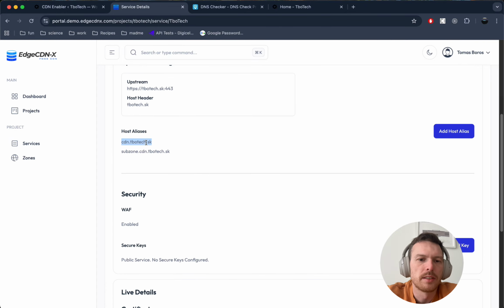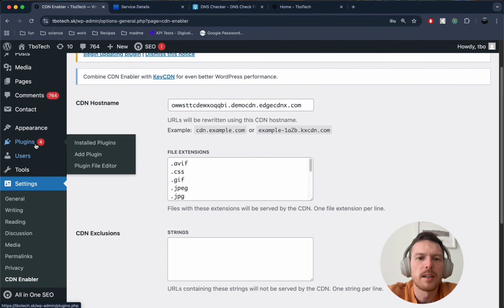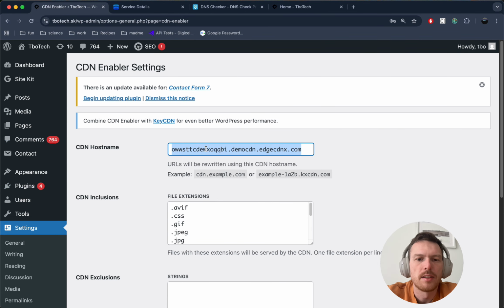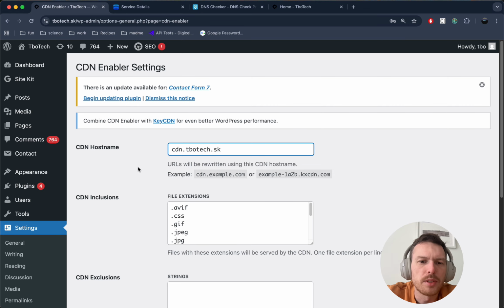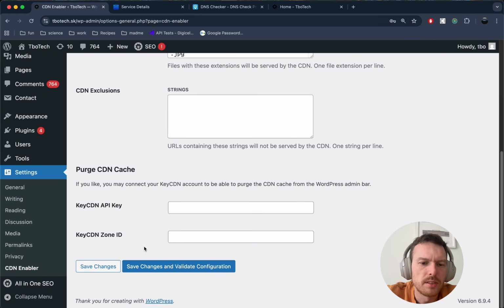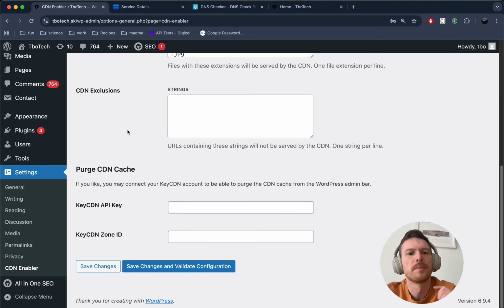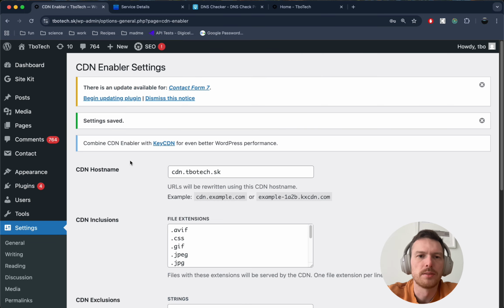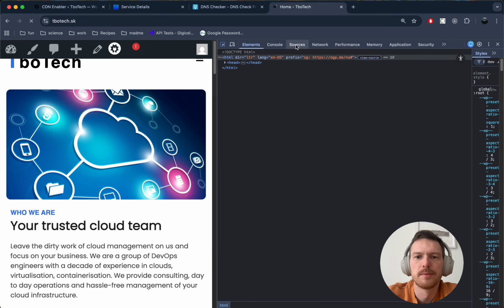But essentially, if I take this domain name and go to the site settings of my site, in theory, I should be able to use this hostname as a CDN endpoint. Here I'm using the EdgeCDN plugin, which just works fine with this system. And let me hit save changes and validate configuration. Yeah, the configuration is correct. I got the 200 response code. Let's save the changes. And if I refresh my site,